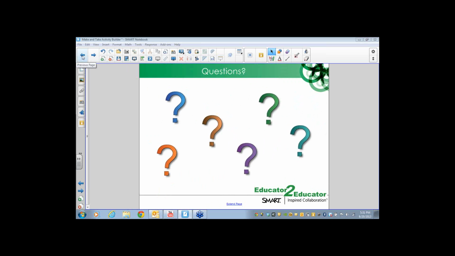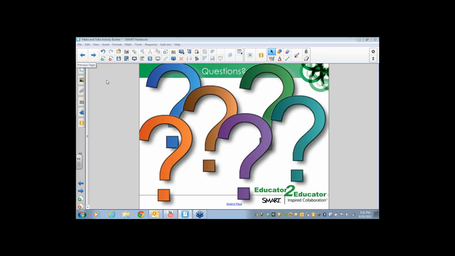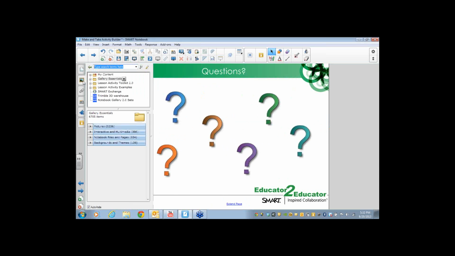And thank you, Chrissy, for sharing some examples of different content areas. If you're talking about other types of activities, there are an abundance of activities that you can build in the Gallery tab. In the Lesson Activity Toolkit, there are additional examples of activities, so you might want to take a look in the Lesson Activity Toolkit in the Gallery.